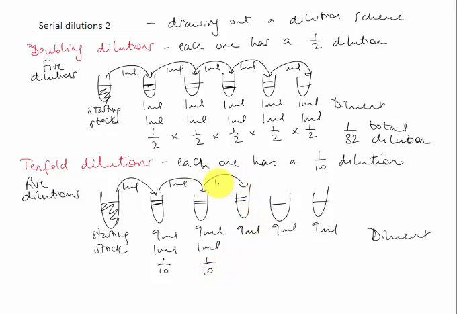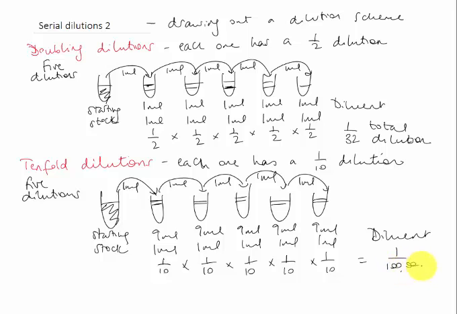And again we go along and put 1 ml of the second dilution into the third dilution. So again 1 in 10. Fourth time 1 ml in there. 1 in 10, and finally, here we go, 1 ml plus 9 ml, 1 in 10. And then again we multiply all these together. So 10, 100, 1,000, 10,000, 1 in 100,000 total